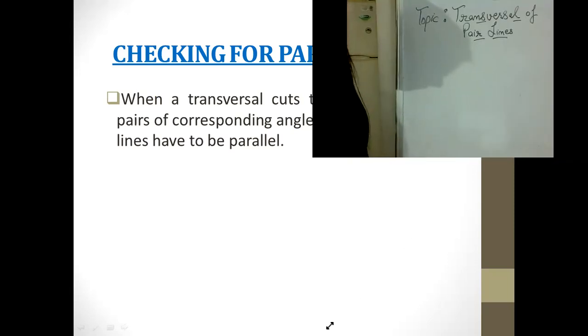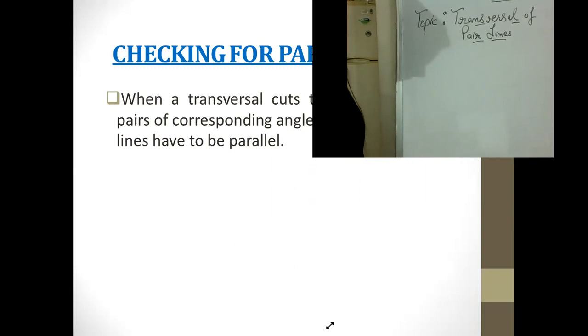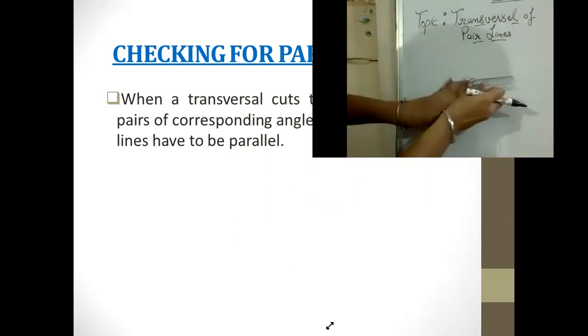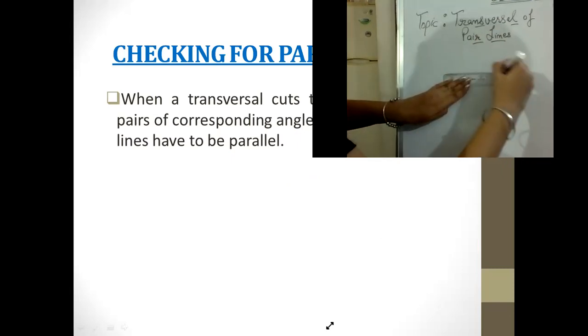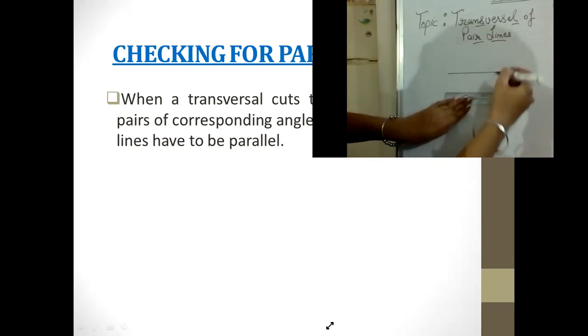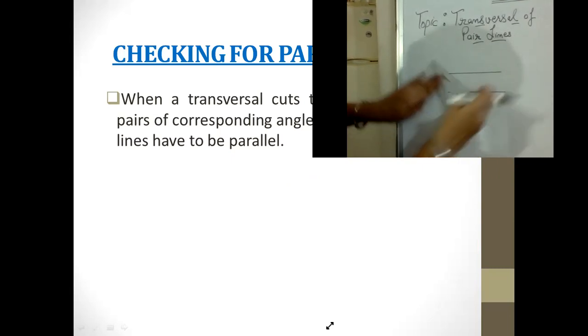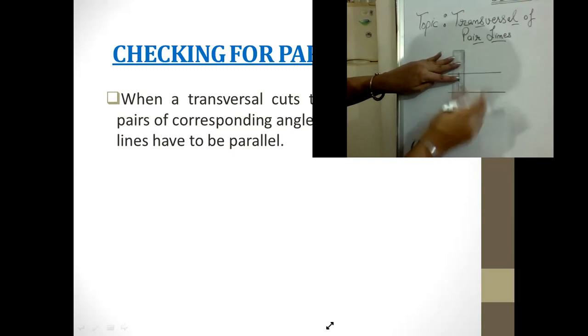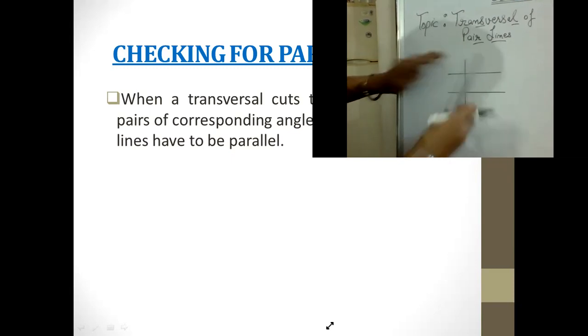Now they are going in reverse. First of all, we will be drawing two lines. I have drawn this line, but how am I sure whether these are parallel or not? Because I'm randomly drawing it, right? So you have to see how we can check that these are parallel lines.